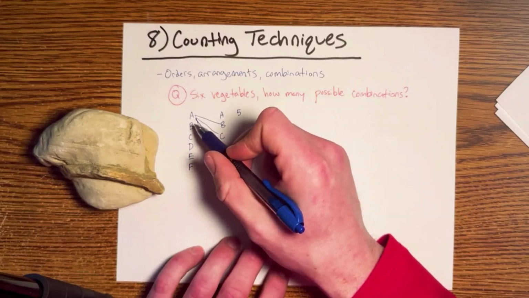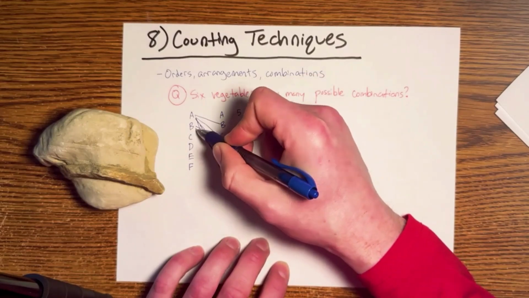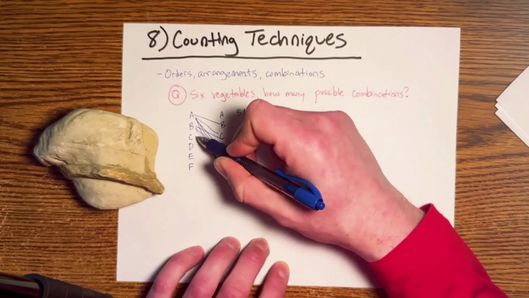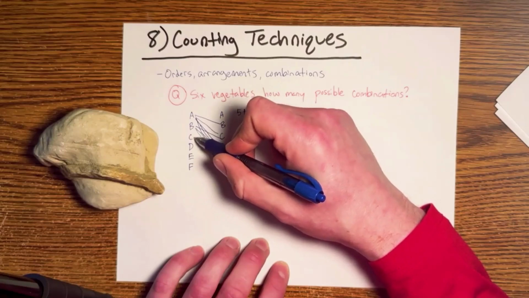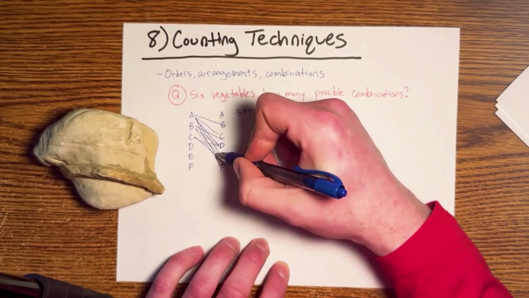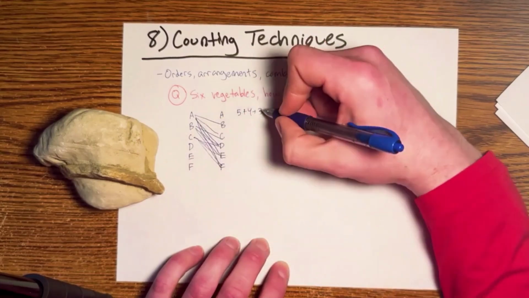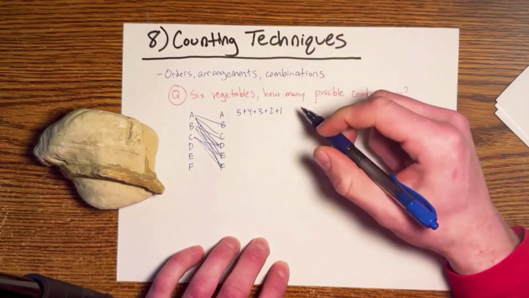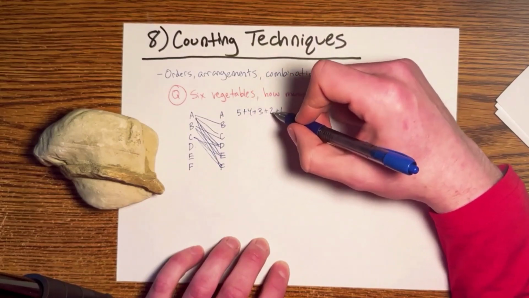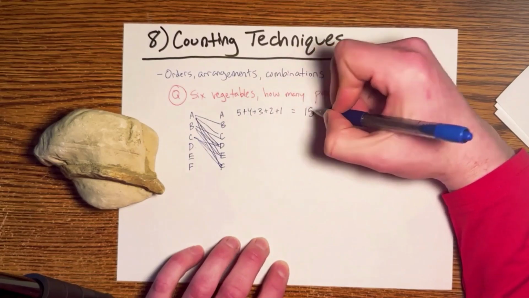B and B we're not using because we want different vegetables. So we have B, C, B with D, B with E, and B with F. So we have 4 combinations there. You may start to see a pattern here that C, we already have it with A, with B, not with C. So we have C, D, C, E, C, F, plus 3. And yes, you're right that you're just going to keep on adding until you get down there. So we have 5 plus 4 plus 3 plus 2 plus 1, 9, 12, 14, 15 possible